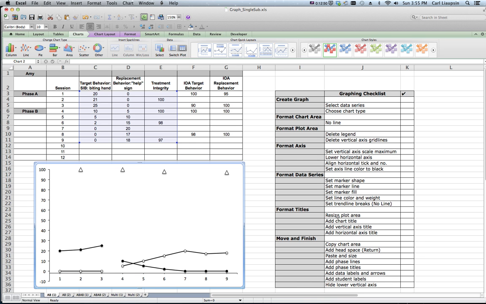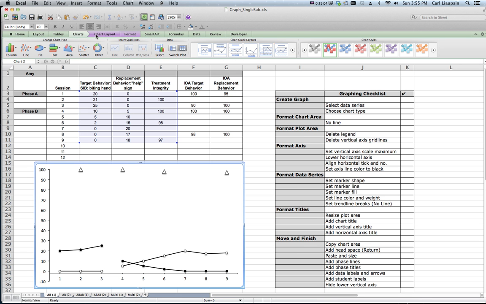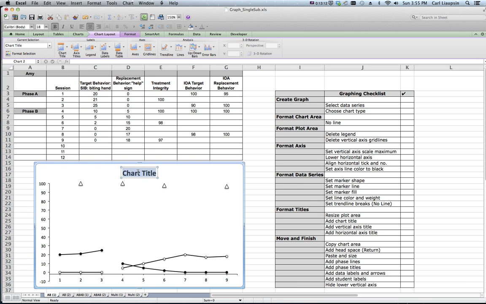So we really don't need to resize this plot area right now. We might need to if we need more space for chart titles. We'll see in the long run. We'll add chart titles by clicking on charts, chart layout. We'll say that we want a chart title above the chart, and for now we'll just call